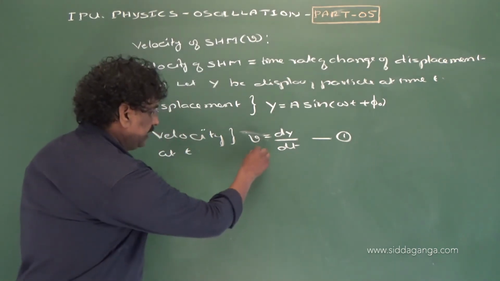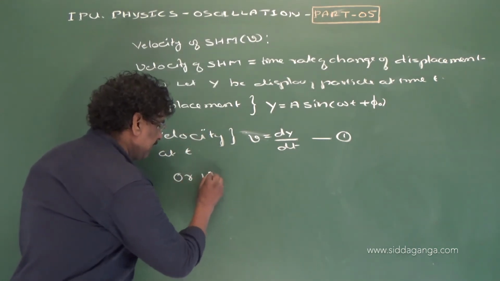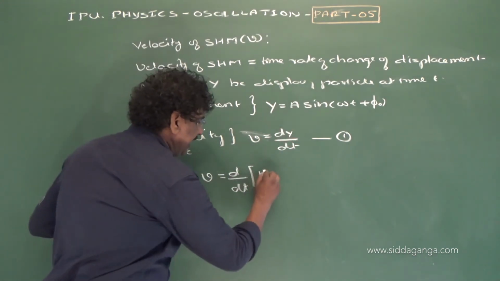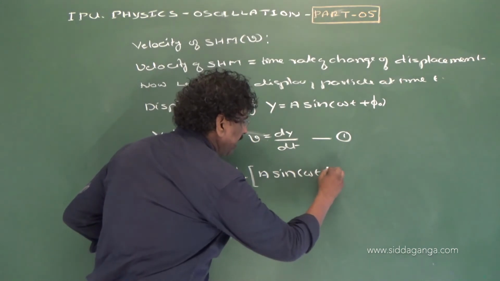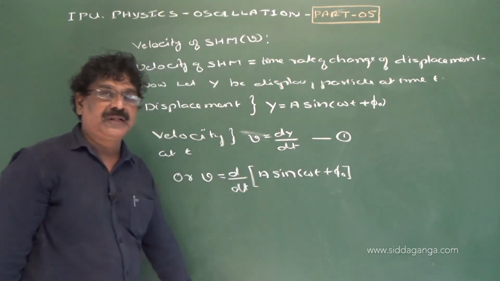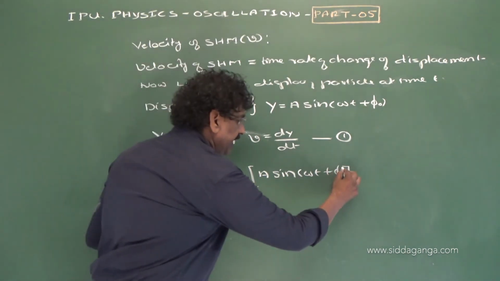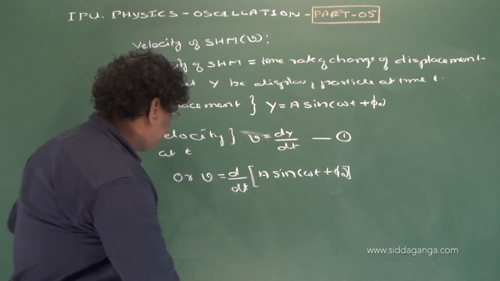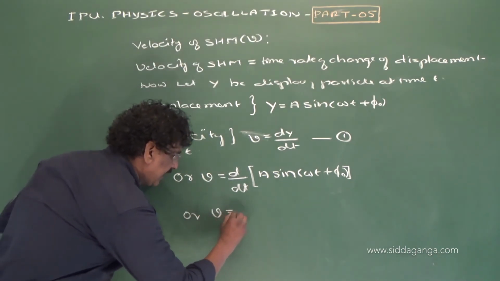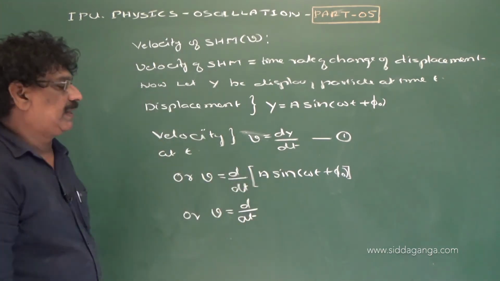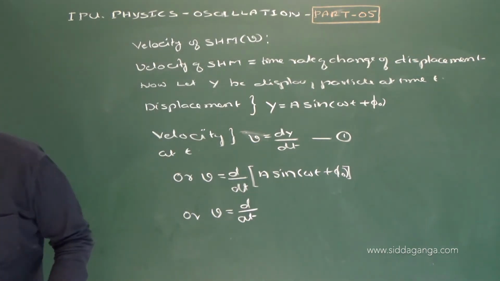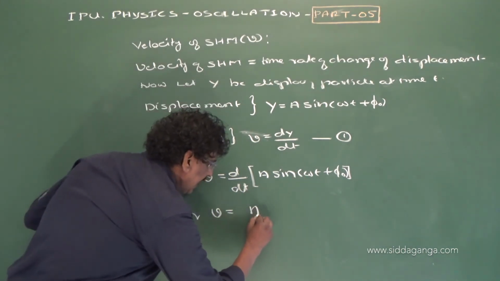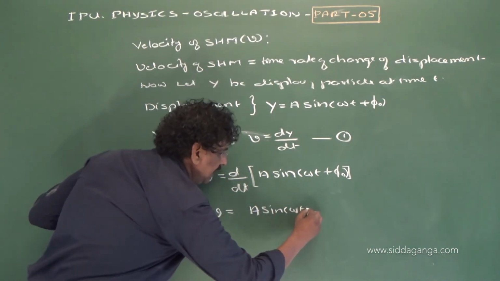Now we see here this velocity equation can be written as v is equal to d by dt of y, which is a sin omega t plus phi naught. Now we have to differentiate this a sin omega t plus phi naught with respect to t, right? After differentiating we will get